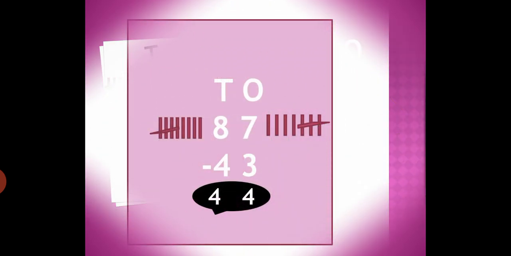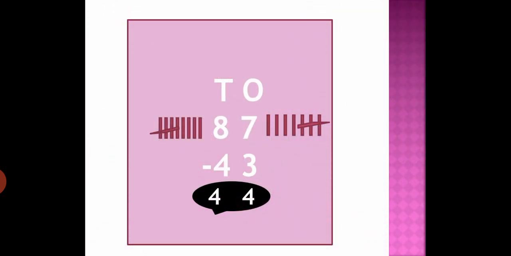Let's do one more example. Subtract 43 from 87. First, we will write greater number and smaller number below it. Now, we will place ones and tens over it. Coming forward, subtract ones place digits, that is 7 minus 3 and we will get 4. After that, subtract tens place digits and we will get 4. So our answer is 44. Students, now we will do subtraction of 3-digit numbers.